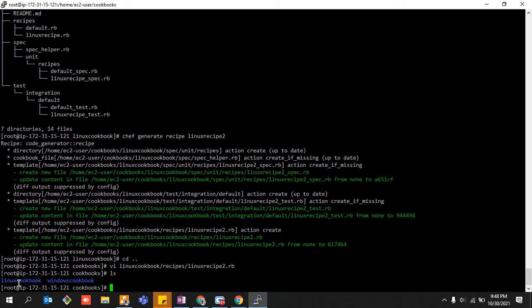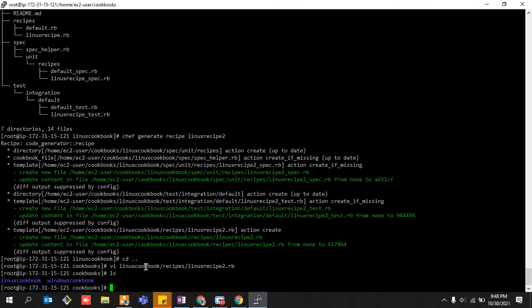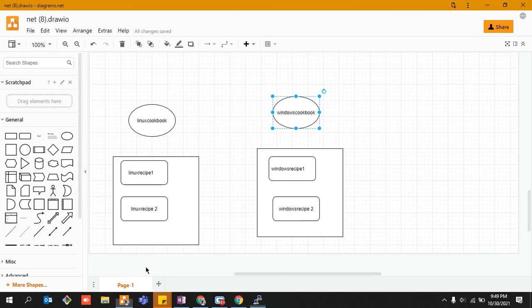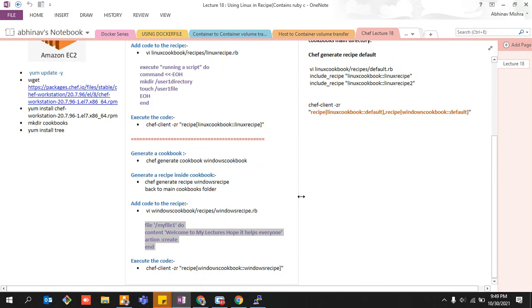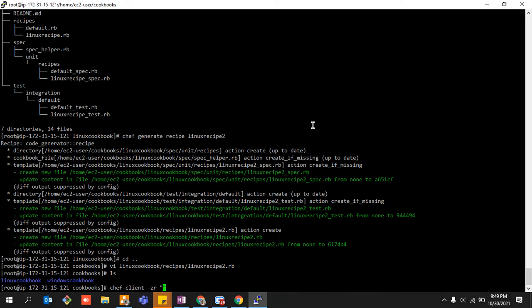So what I'm going to do again is run recipe 2 from this cookbook and recipe 1 from the other cookbook. So at the same time, I am choosing recipes on my own and just executing them. The command for that is simple. We should have all learned it: chef-client -zr, and then the thing that you need to type down is the format. Inside this particular thing, you need to write your recipe. So this is the same. I hope we have done it.